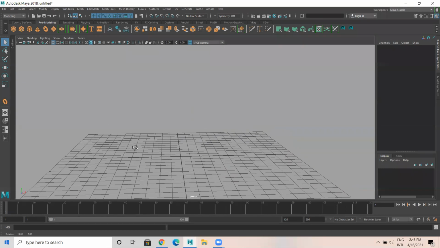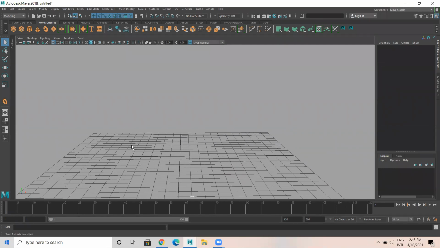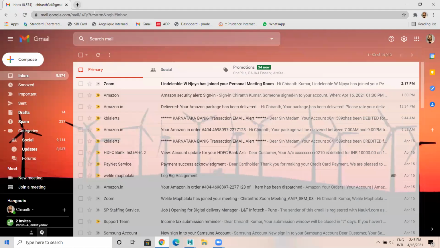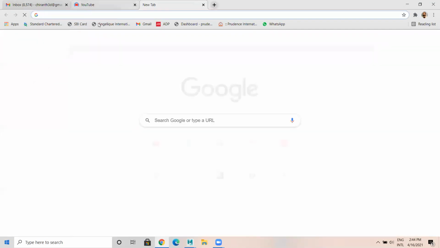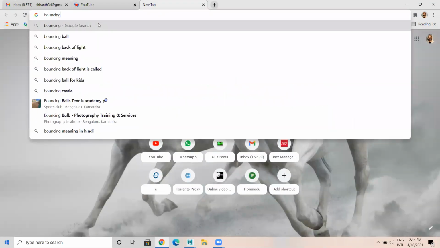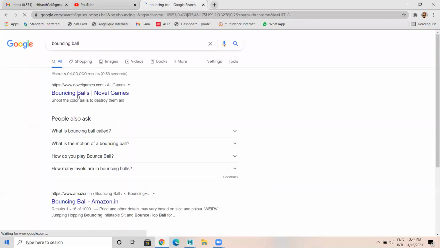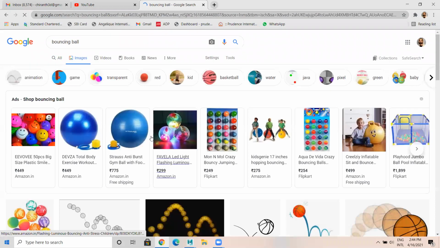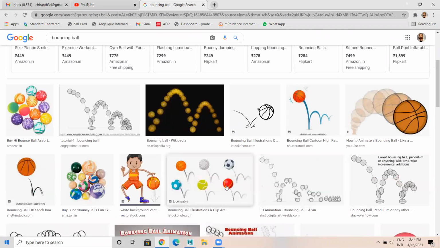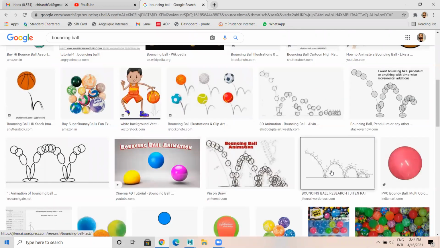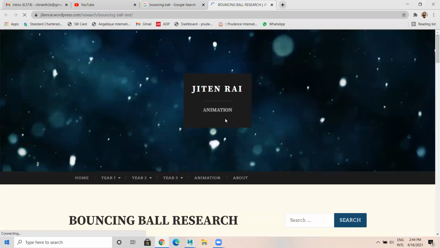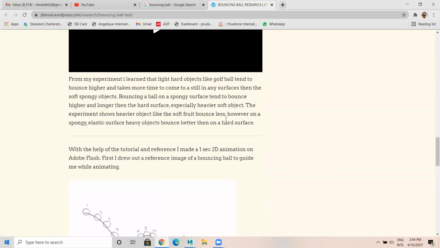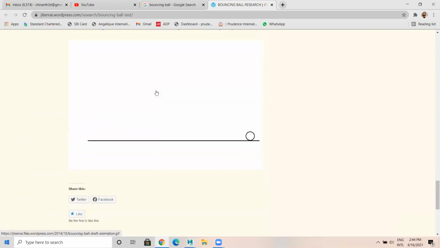So now let us do a basic animation, that is a bouncing ball. Normally, how does a bouncing ball work? See, the bouncing ball works like this.